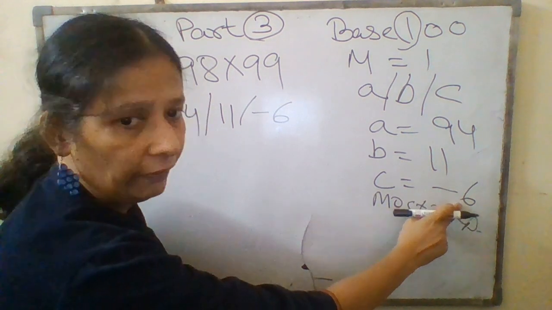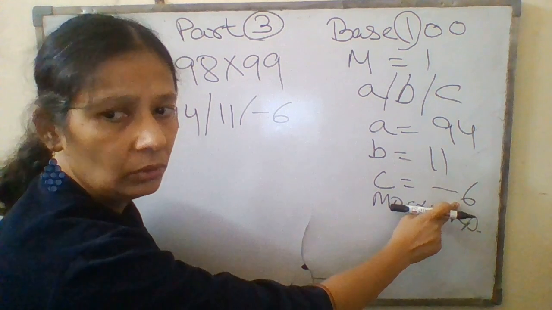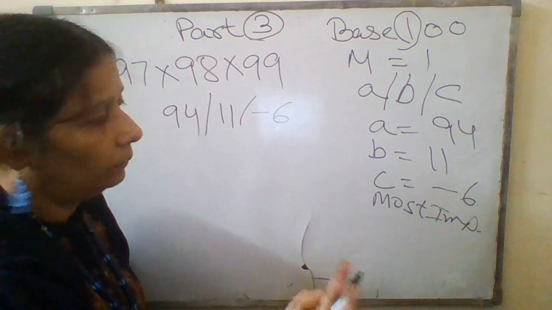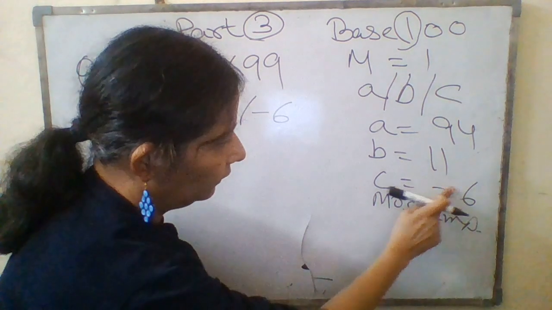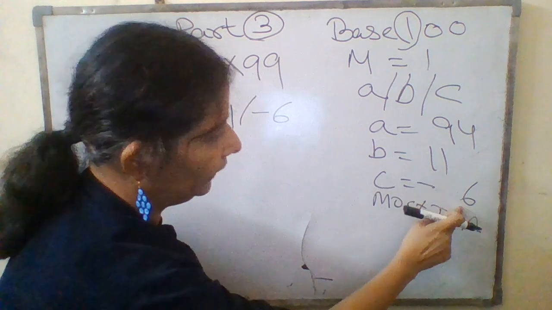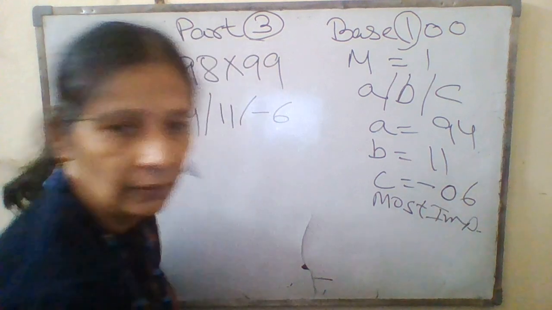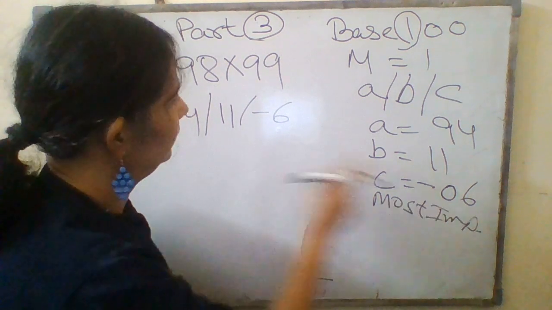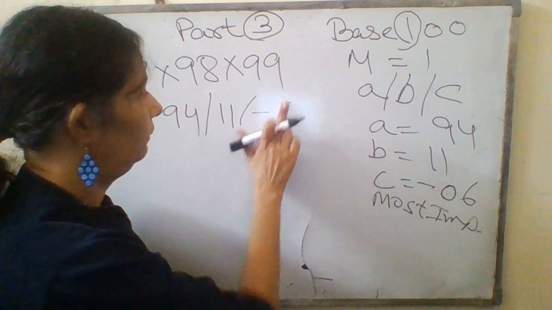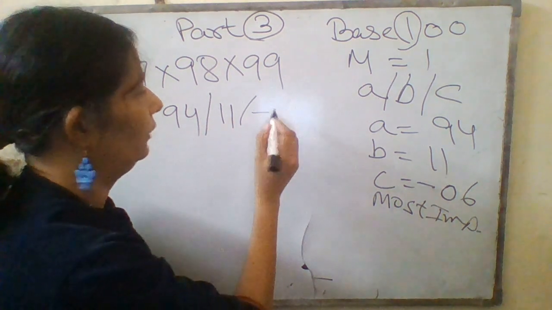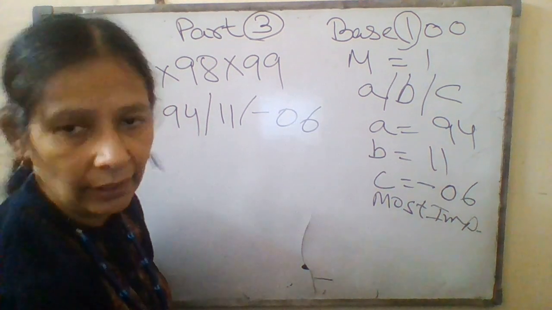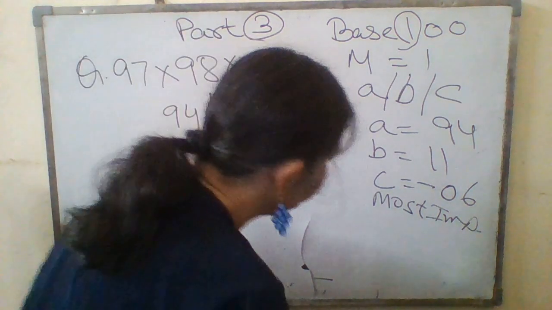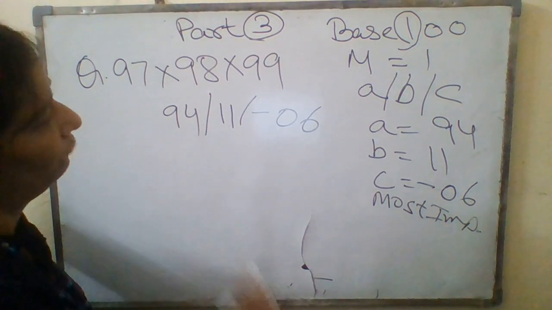Okay, so you have to convert this into double digit. How can you make 6 into double digit? You can make 6 as 06. If you put a 0 here, this is now double digit. Now here also, in place of 6, I am going to write down this 06. Why? Because in the base you can see 2 zeros. So now you have to balance this.